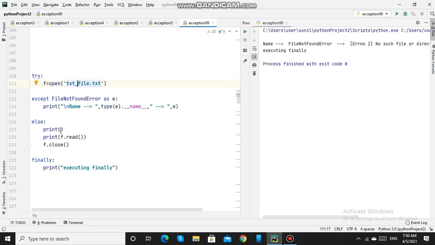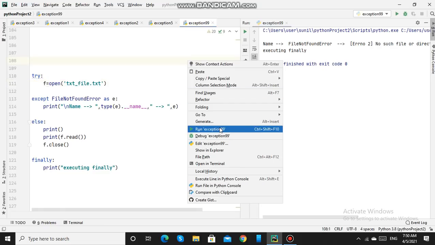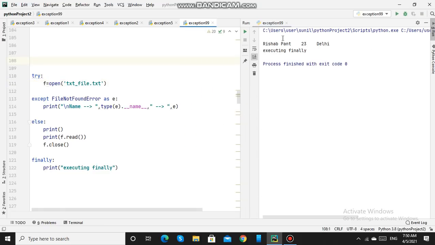So it has opened the file, so it has not gone to the exception, it has gone to the else statement. It has read the details from the file, that is Rishabh Pant 23 Delhi. It has printed the details, then it has closed the file.